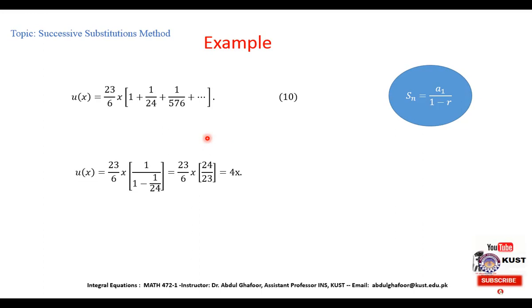So what we did, we just considered a Fredholm integral equation of the second kind, and then we substituted f of x, lambda, and the values of k of x t, k of t t1 and so on. We constructed a series, and finally the series was shifted to a geometric series. We computed the sum, and finally we computed the solution, and that solution is basically equal to 4x.